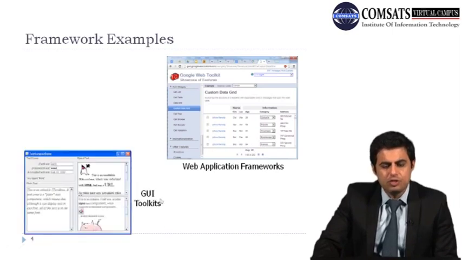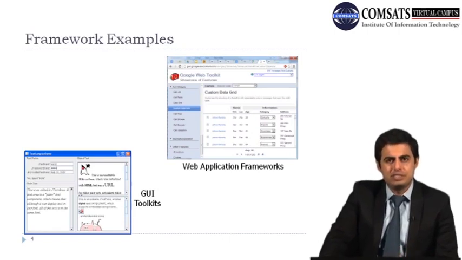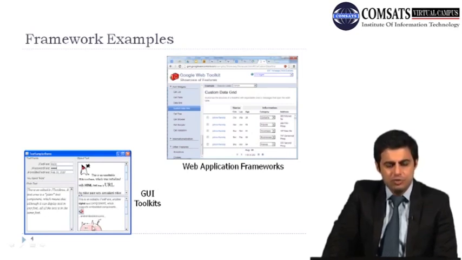And there is another one, GUI toolkits. Now GUI stands for graphical user interface, and a lot of toolkits are available with some of the frameworks. GUI is basically the use of the mouse or the keyboard, or the use of some graphics which can show you different pictures of the stuff which you have, or the controls which you are going to put in it. You can also add hyperlinks, buttons, dialog boxes or edit boxes. So these are all part of GUI toolkits.